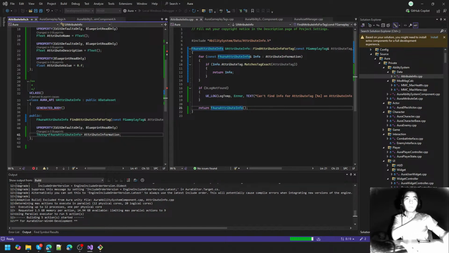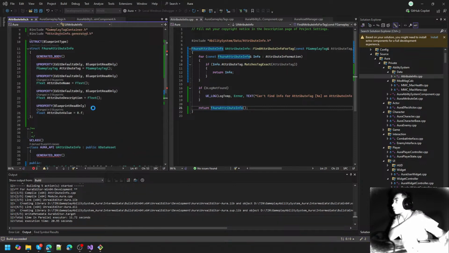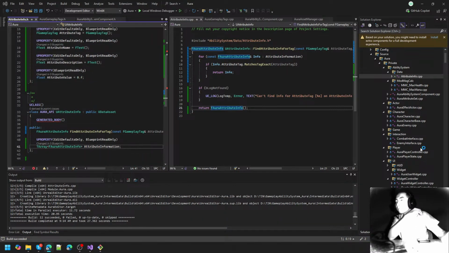We'll prefix it with DA for data asset. And we'll call this DA attribute info. And we'll open this up, and here's our array called attribute information. And if we click plus, we now have an element with index 0, and we have 3 fields we can set. Attribute tag, attribute name, that's an FText, and attribute description, another